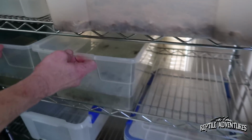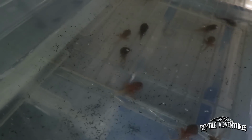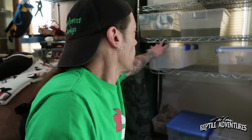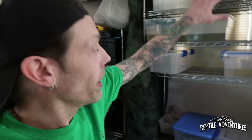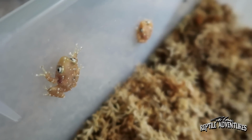This shows the tadpoles in their stages. Some of them are starting to pop their front legs out. So it must get really loud in here at night. Yes, with these guys, when I had over 200 of them, I raised them up to where they get about this size, or they're almost adults. But the males start calling about 2 months old. When you have that many